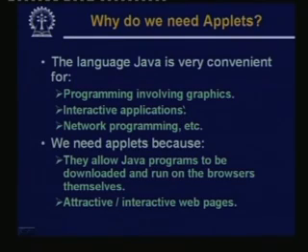These are the capabilities of Java, and we require Java to do all these things. We need applets also, because applets are different from Java applications. The Java applet concept allows us to download Java programs over the internet and run them on the browsers themselves. Java applications cannot run directly on the browsers. Java applets can run on the browser, because for a Java program to be run on the browser there are several